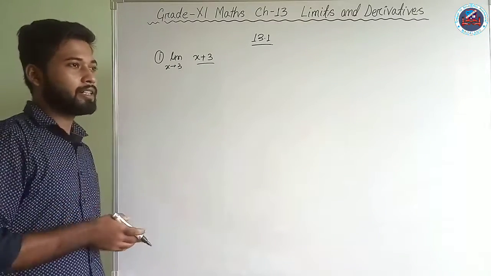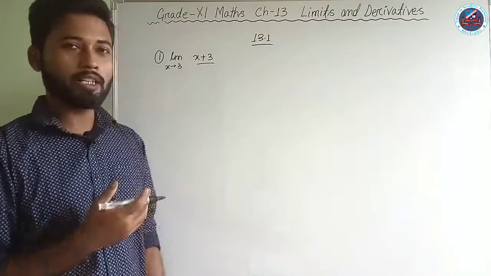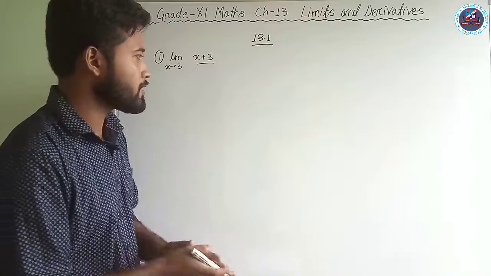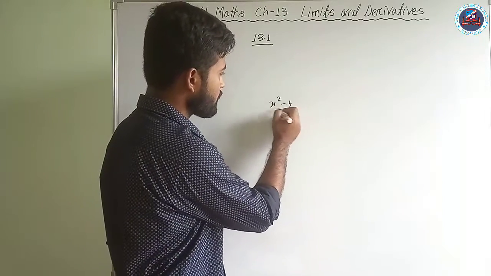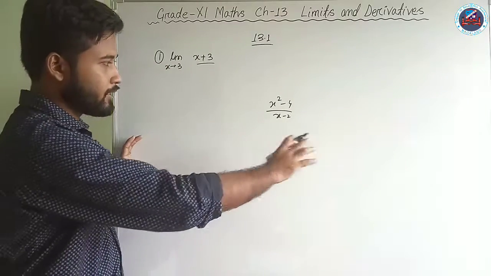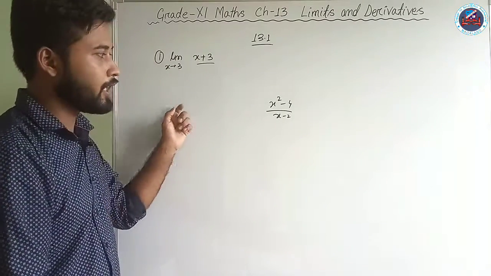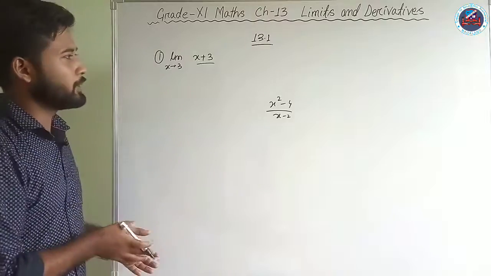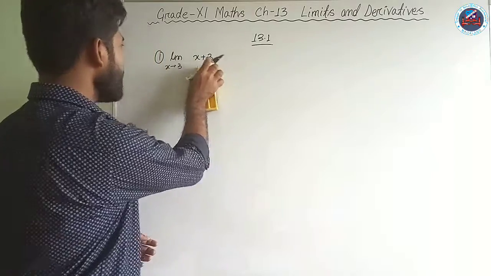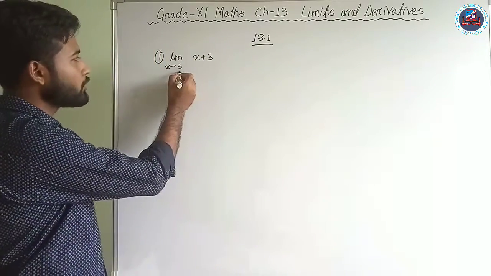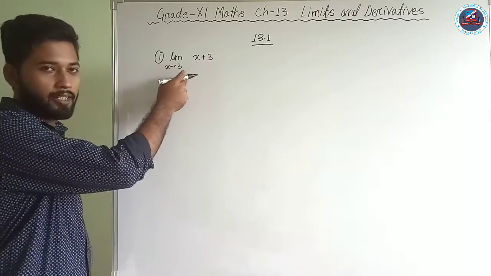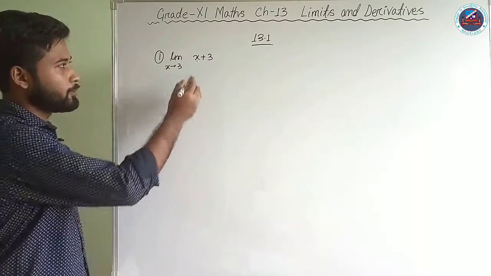Now finding the limit numerically, the concept is totally different from the one that we have explained earlier. Earlier we have illustrated a few problems, that was x square minus 4 by x minus 2 and a few more. So we have taken the point and we have seen how the function behaves. But when we solve it numerically, it's very easy. What to do? Simply check what happens when you put x equal to 3. Since even though x is tending to 3, while solving we shall put x equal to 3.